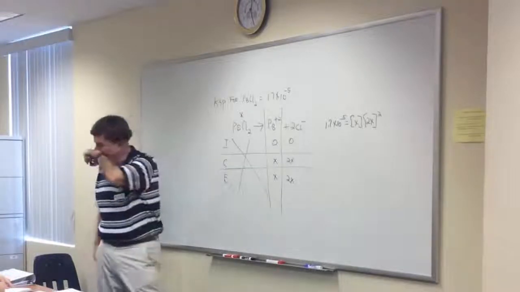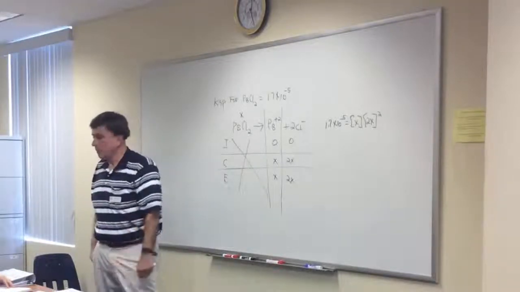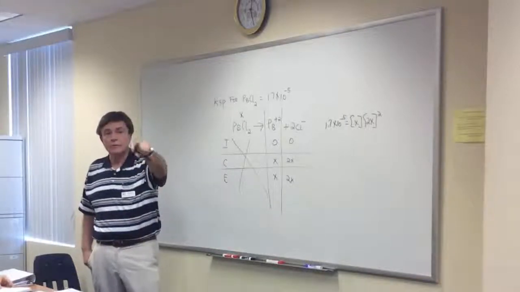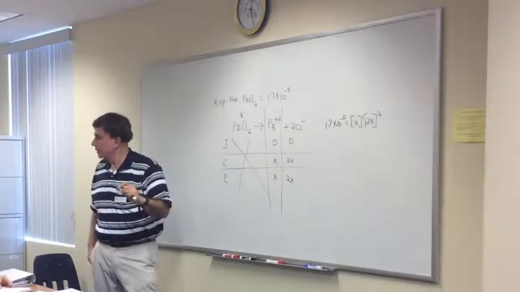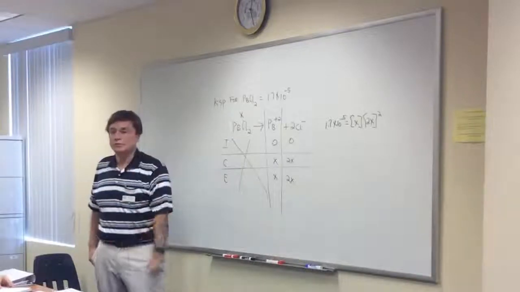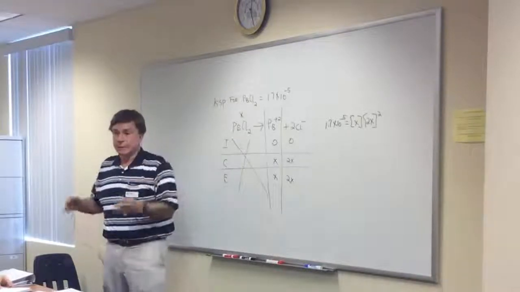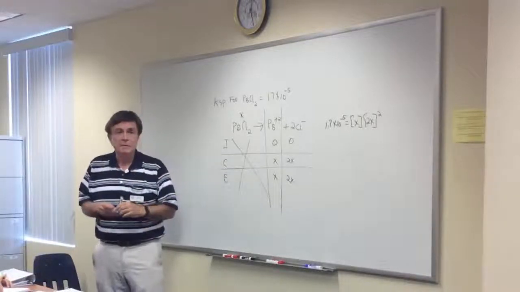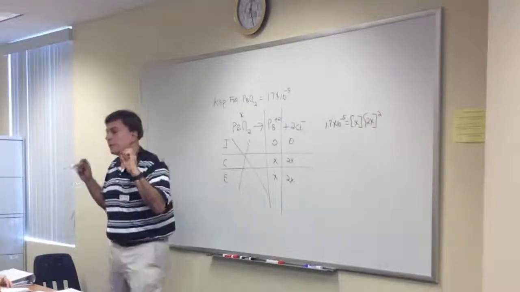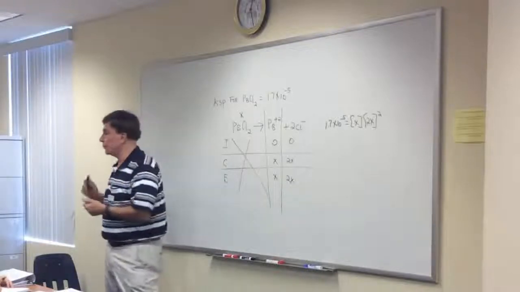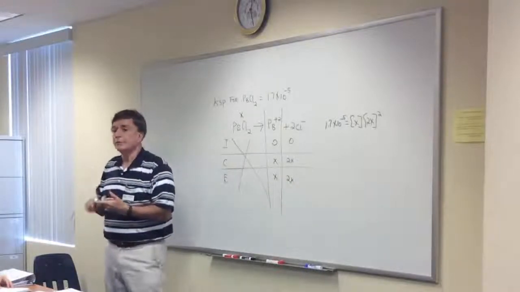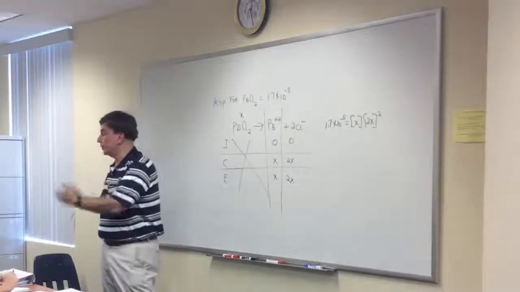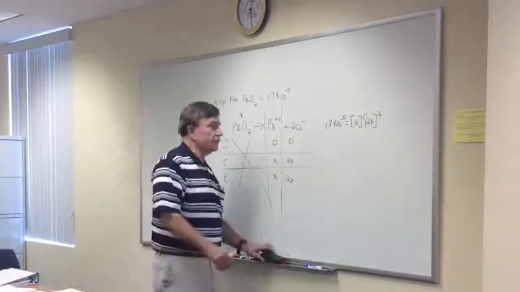So the answer, they're asking for X, is what that question is asking. Now if they ask you what the solubility of chlorine is, they're asking for 2X. You got it. Because that's how they'll do these future questions. She'll give you a generic and then she may say, what's the concentration of chlorine? And remember, all this information is moles per liter. Later on, you're going to get problems in which they give you the grams of something, and you can't do anything until you put it into moles per liter. So the first step,